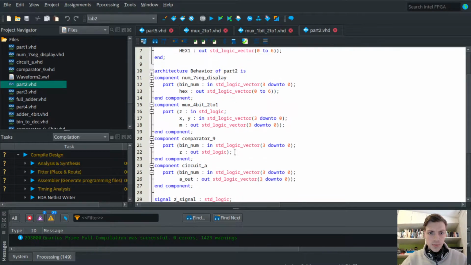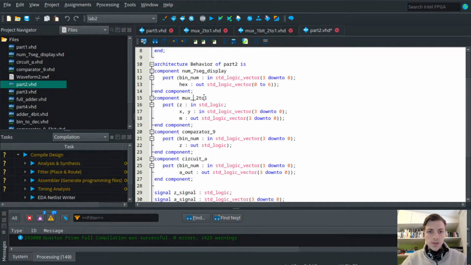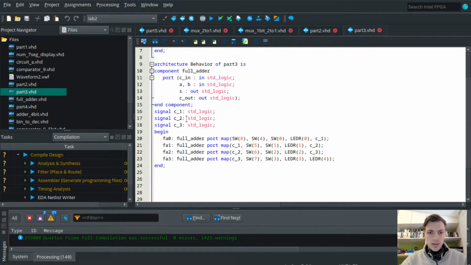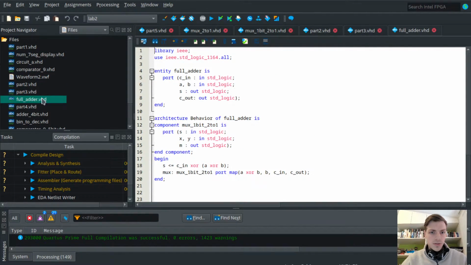In part 2, we use 4-bit MUX, so we can just delete this. And since the default value is 4, we don't have to even change anything. No MUX here, full adder. We use 1-bit. So what we will do is